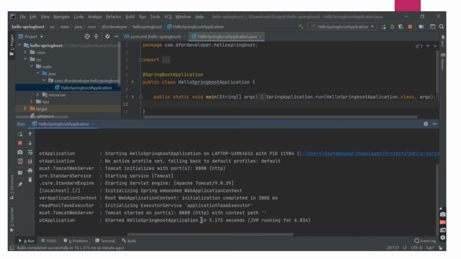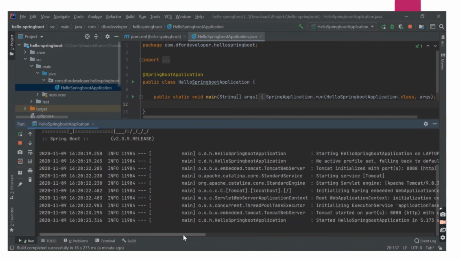So that's it, guys. You have not only created a Spring Boot application now, but you are also able to run it on Tomcat server on port 8080. So I think that's great. So for now, I think we have understood how to create a Spring Boot project using a Spring Initializer, what is a Spring Initializer, how to import it into our respective IDE, for here I used IntelliJ, and how to run the Spring Boot project. Okay, we have seen them all.